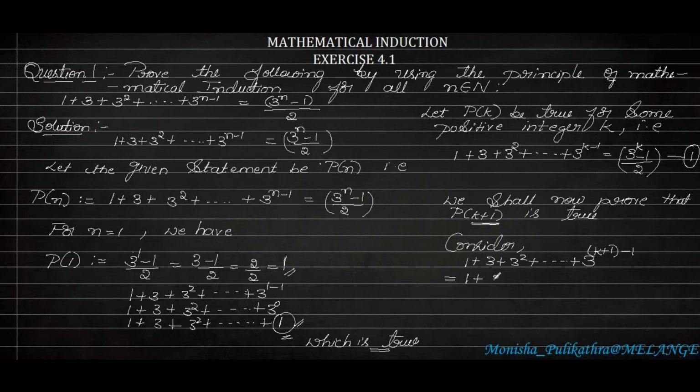1 plus 3 square plus etc. We know that before any number, a previous number will also be there. So the previous number will always be 1 less than that, right? See here, if 4 means it is equal to 2 square, right? So 1 less than that will be 3, right? So always the previous number will be 1 less than that.